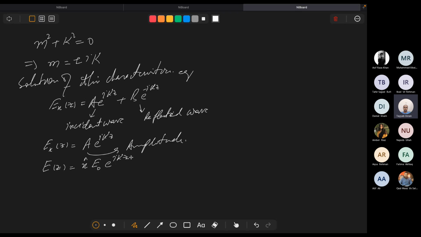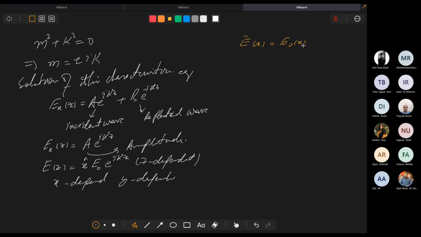Similarly, we can also write like, if this equation is only z dependent, there can be an x dependent, and there can be a y dependent equation. ठीक है, and in this case we can write like this. ठीक है, ये x dependent हो गई। ठीक है, if you write in y form, that would be E naught e to the power minus i k y. ठीक है,